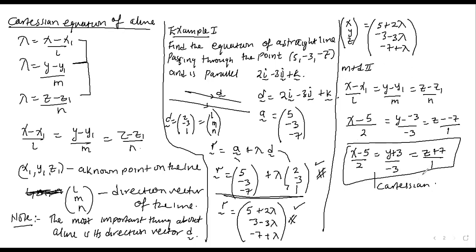Now, they will set a question in Cartesian form. Then they ask you for one: find the direction vector of the line. You see the direction vector is the bottom, which is 2, negative 3, 1. But they might put that negative up. If they put the negative up, the answer will look like this: x minus 5 over 2 is equal to negative y minus 3 over 3 is equal to z plus 7